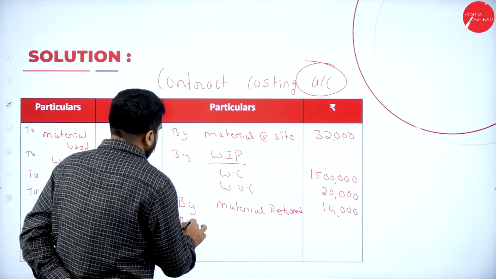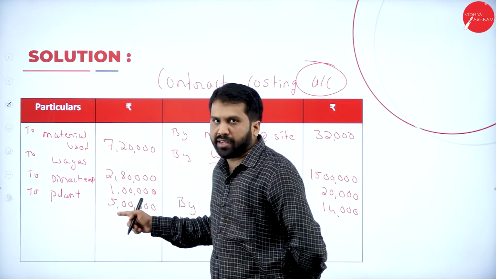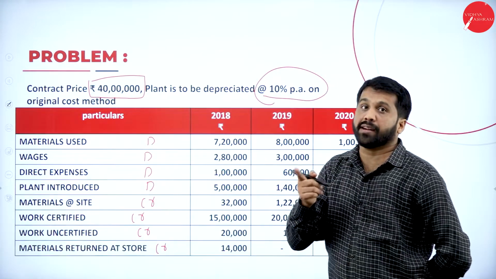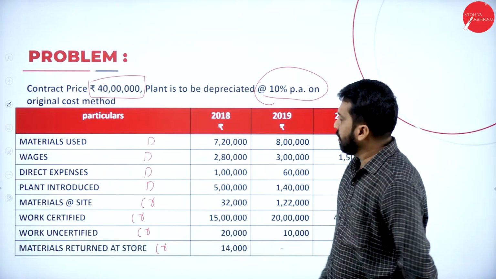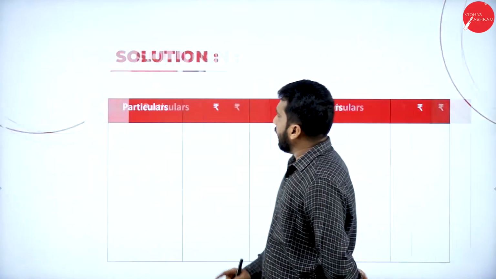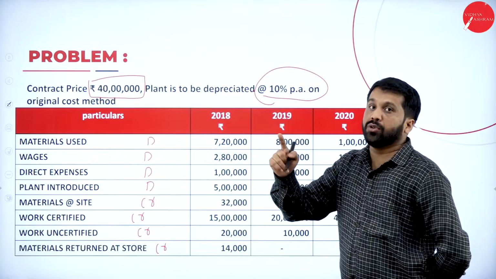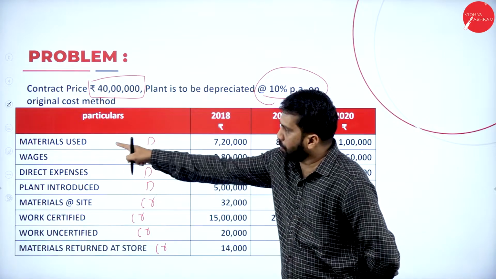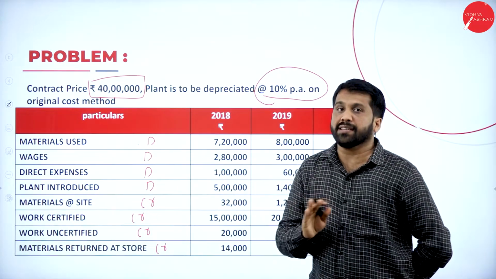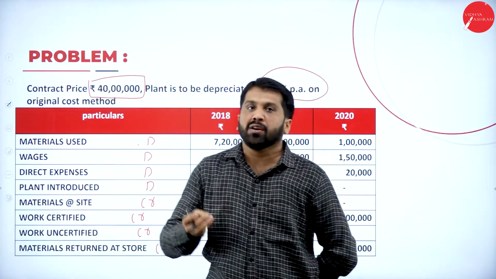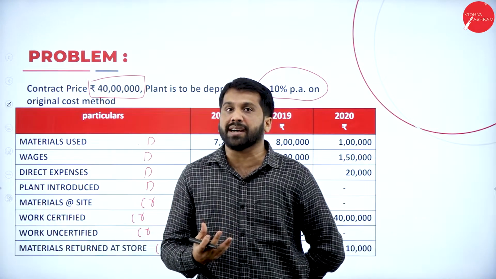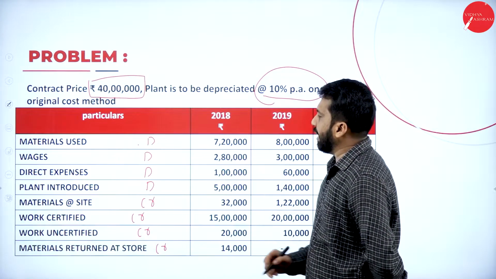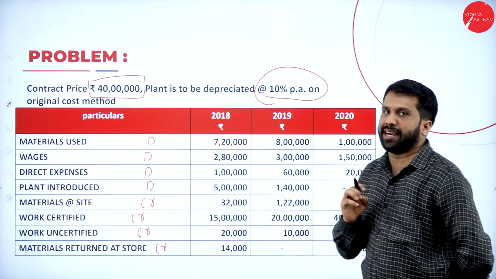So once we are done, remember you have plant on the debit side, yes. You have depreciation on plant, yes. Then we have to write closing balance. Again I'll repeat, you have plant in the debit side and you have adjustment on the plant, means you should write closing balance. They will not give you closing balance like material opening is this one, closing is this one. Like this, they will not give you for plant. We should only calculate what is the closing balance for plant. Now, your closing balance for plant, how much? We have 5 lakh rupees.